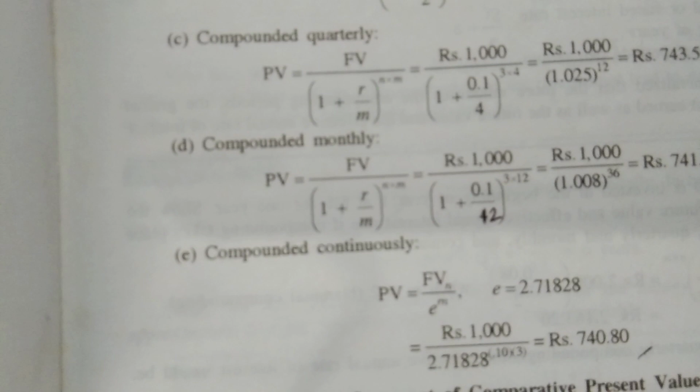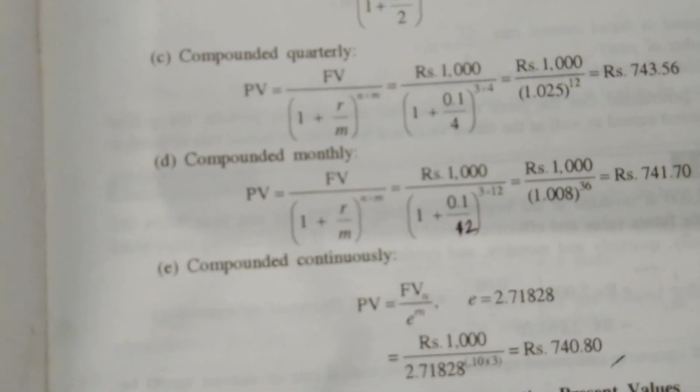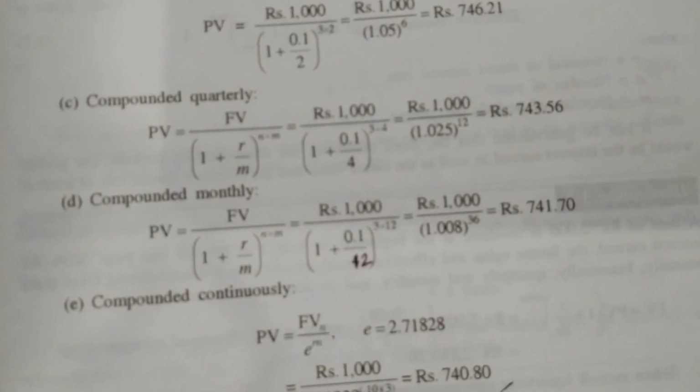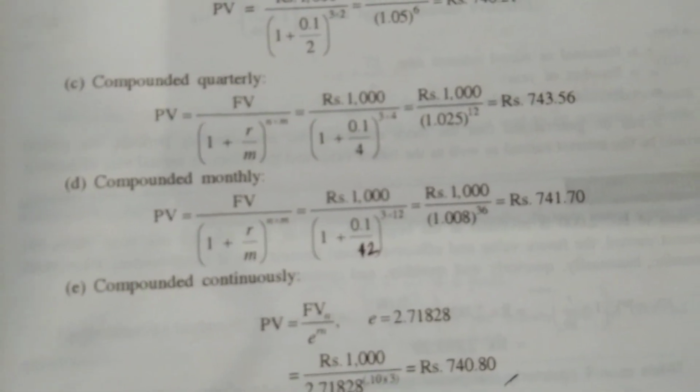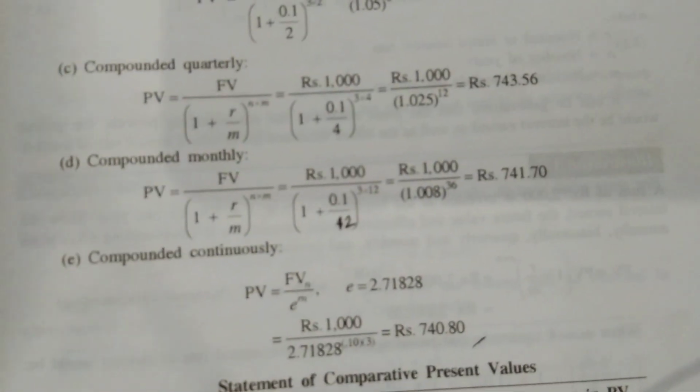743.56. Next, compounded monthly. What is monthly? Very easy. Monthly means it is compounded every month. In that case, what will be our M? 12. And what will be the power? M into N, that means 12 into 3, 36. The value is 741.70. And lastly is